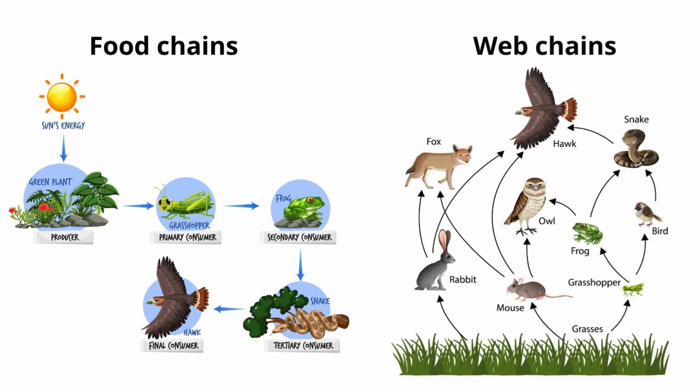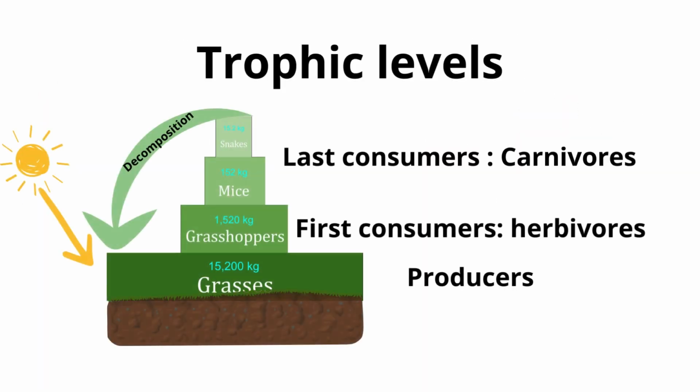Since in nature this is more complex, food chains are actually web chains, where organisms can participate in different positions in the food chain and establish interactions with multiple organisms. Trophic levels define the position of an organism in the food chain. Producers are on the level 1 and are usually highly abundant, whereas top predators are usually less abundant. Ecosystems are usually in equilibrium, and a minor disruption, such as extinction of the top predator, might alter all the food chain and have negative impacts to the remaining organisms within the system, including human beings that depend on agriculture production.